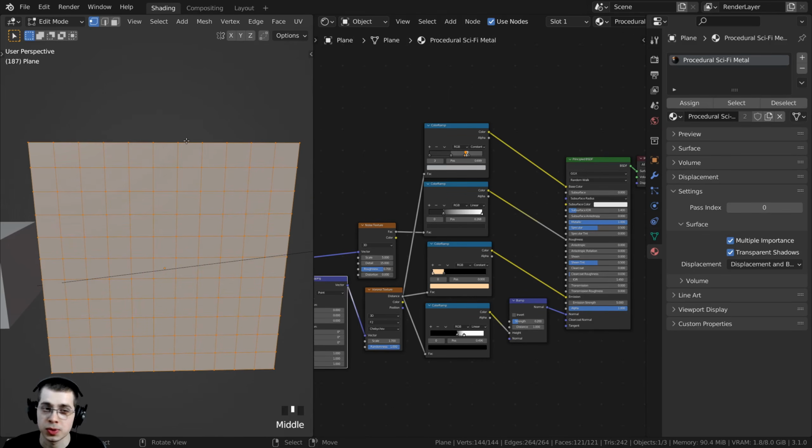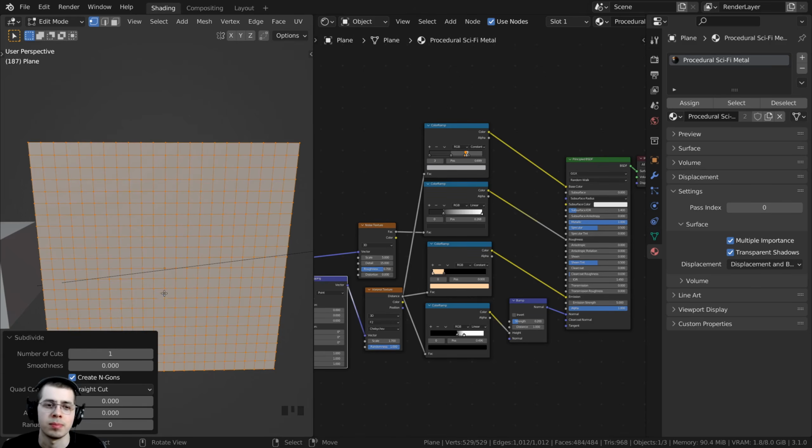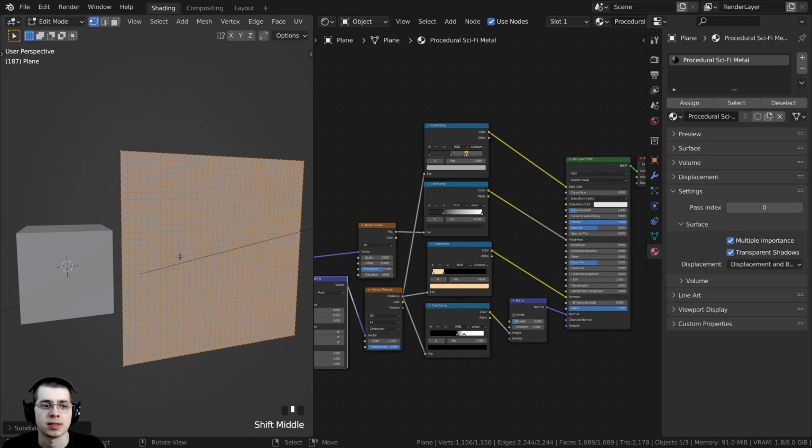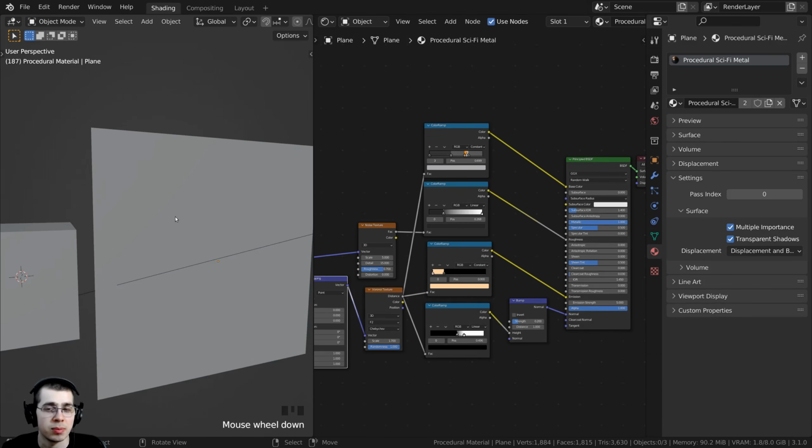And then again, using the object context menu, you can click on subdivide, and I'm just going to subdivide the plane a little bit more because the plane is bigger. And on the number of cuts here, I'll just change this to like a 2, and then I can just click on this little arrow here to hide the subdivide settings. And I can just hit the tab key to go back into object mode. So we've added some detail, but I also want to add more detail, and so I'm going to be adding